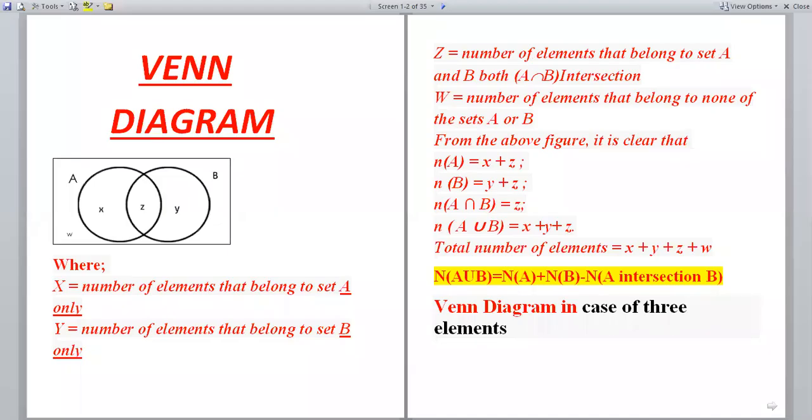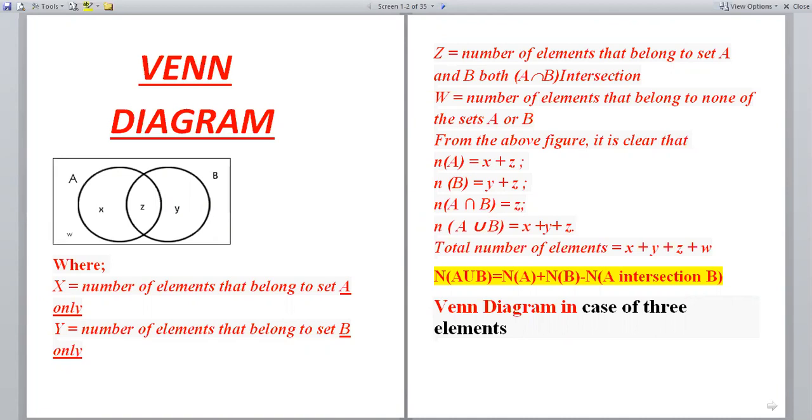Okay, so we are starting Venn diagram. As you can see on the screen, we have two sets A and B, and this one rectangular box. It means it consists of everything. It means whatever is happening and whatever is not happening, or whatever is positive, whatever is negative, both.